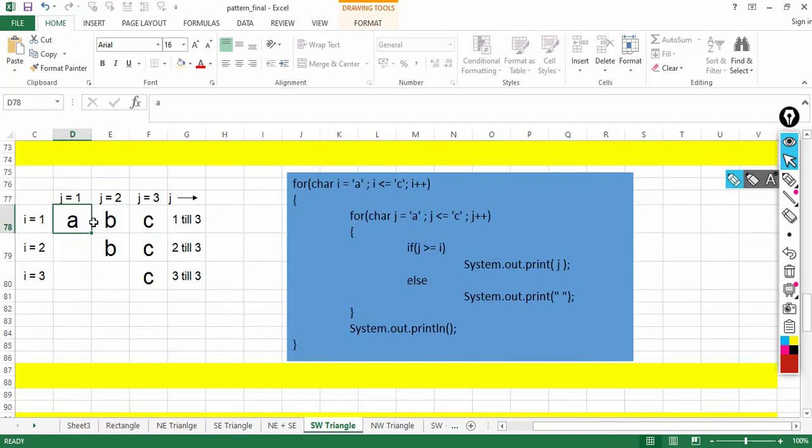Here the value is changing column wise, so we print the value of J. Again, if this is not clear, you need to watch the first 2 videos in this pattern series.